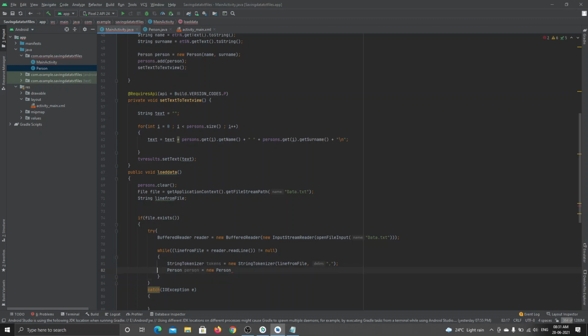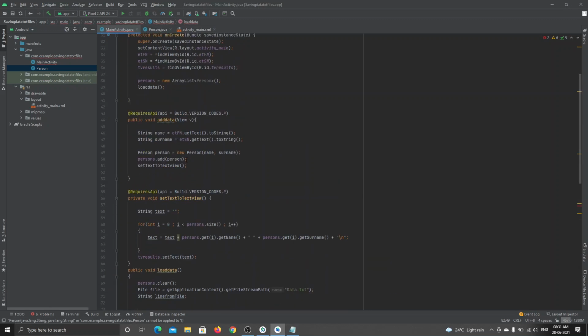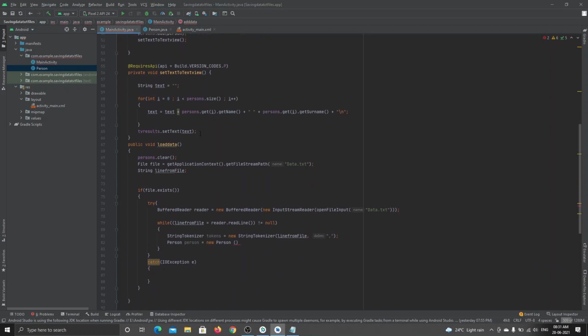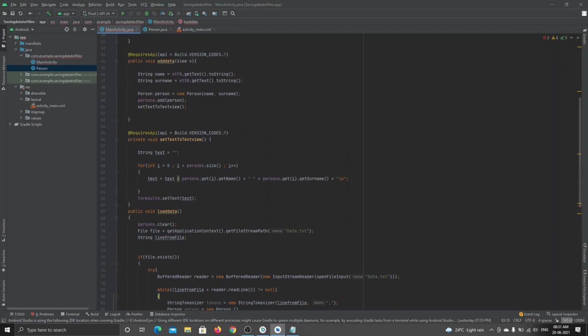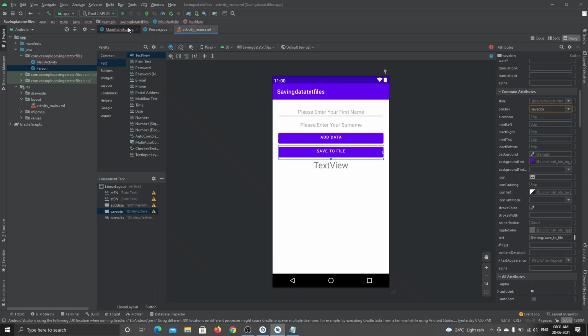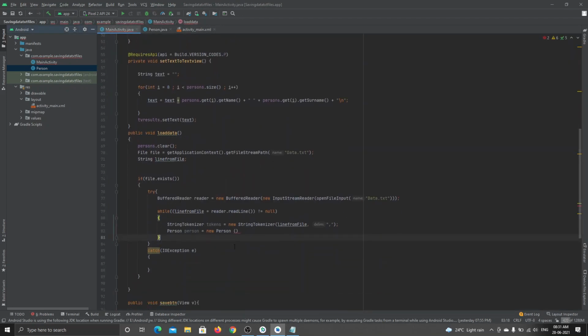Then at the end of the line, see, in this person I'm passing some data, right? Name, surname. Inside the add data, I'm passing name, surname. This is also a method call. So I will also call this method, but here I'm passing the parameters as name and surname, which I have typed, extracted from the edit text. But here what I want to do is pass the name and surname as tokens